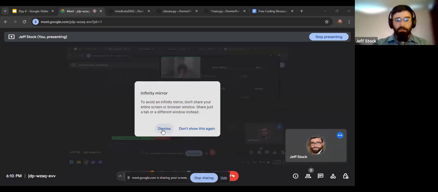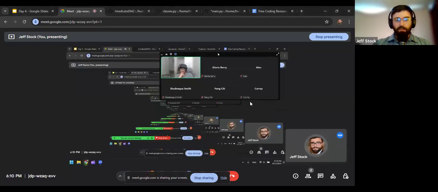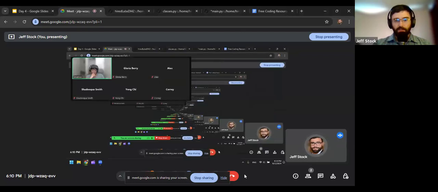When I hit dismiss, this is my screen over and over again. You see it's the entirety of my screen repeated within itself infinitely, down to this tiny size where you can't even see how small it gets. That is recursion. It's visual recursion. So the image of my screen is recursively within itself over and over again. This idea of recursion is really cool, and we use it all the time.